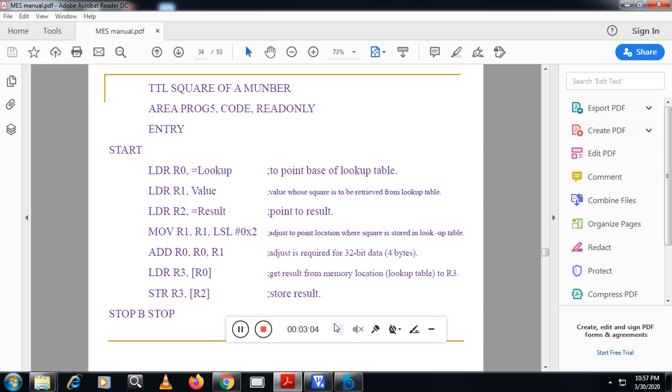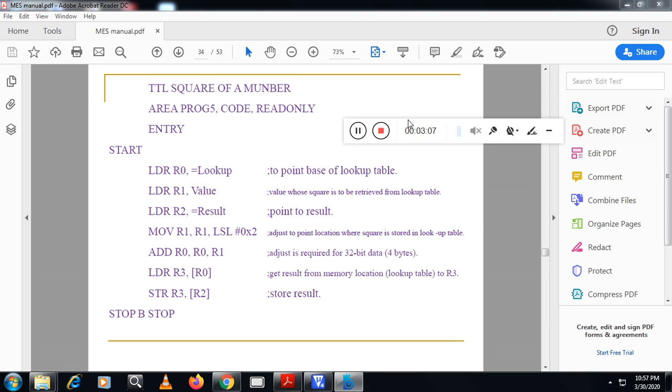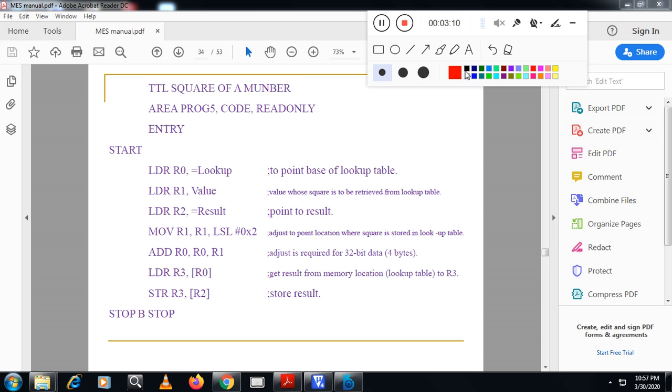So let me write here first the number 9 in binary. If you write the number 9 in binary, it is 1 0 0 1. Let me extend this also, 0 0 0 0, so that I will take a 1 byte number. Now what we are doing here is LSL by 2 bits.